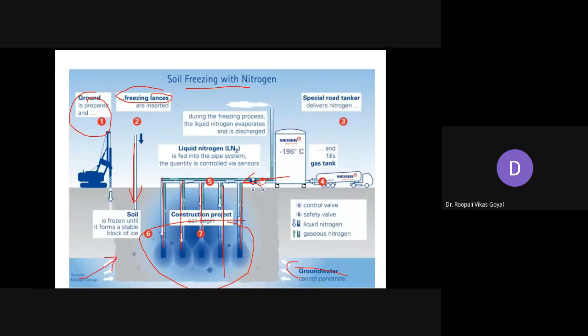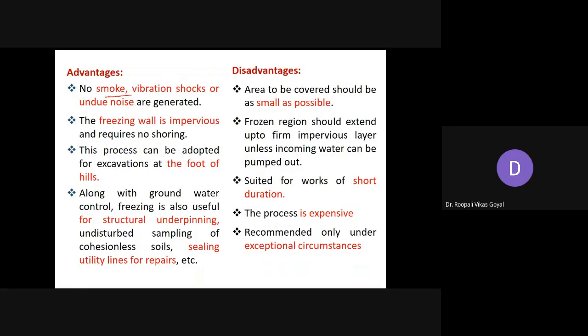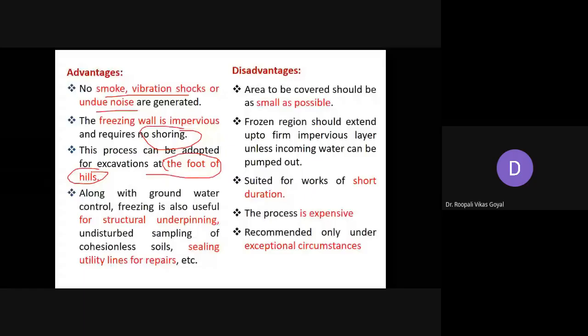So by frozen earth, either by the freezing liquid or by liquid nitrogen, what are the advantages? No smoke, vibration, shocks or undue noises are generated. Here there is no smoke, vibration or anything. The freezing wall is impervious and requires no shoring. Shoring means you don't need to provide any extra support to your excavation. This process can be adopted for excavation at the foot of a hill. Also, along with groundwater control, which is one purpose for which we use freezing,